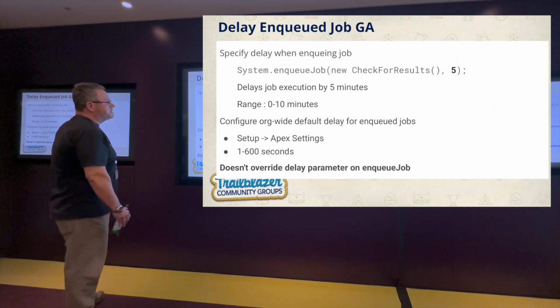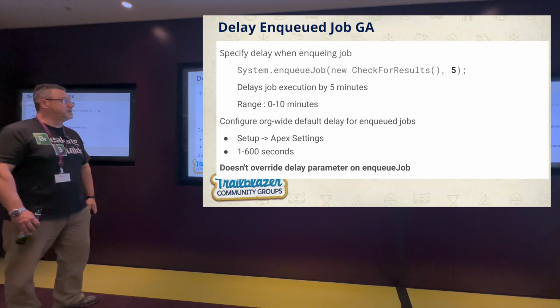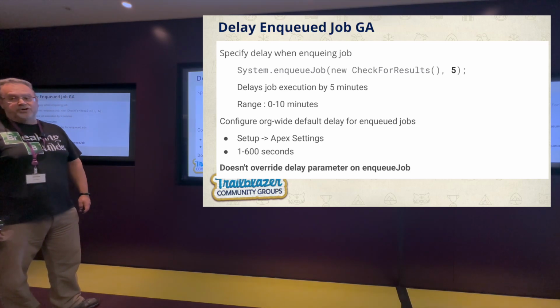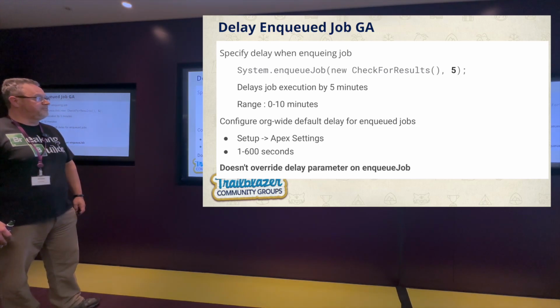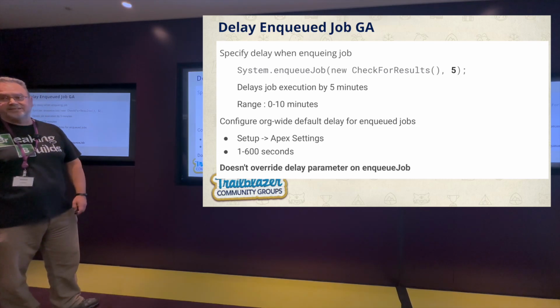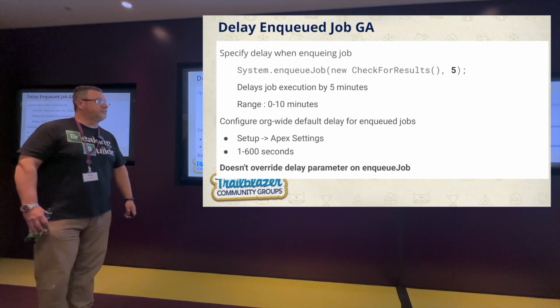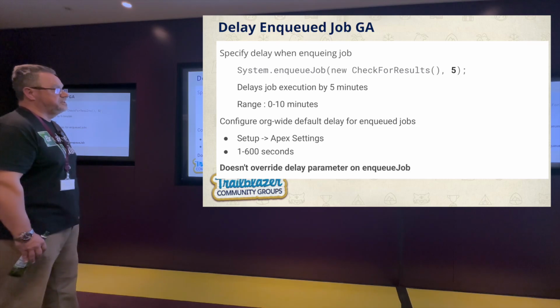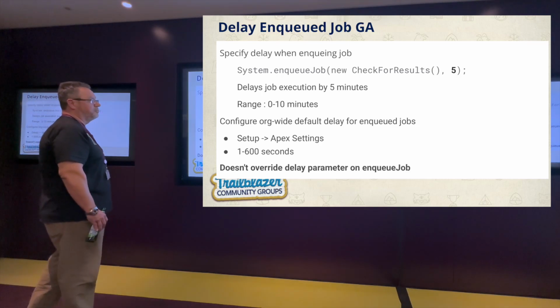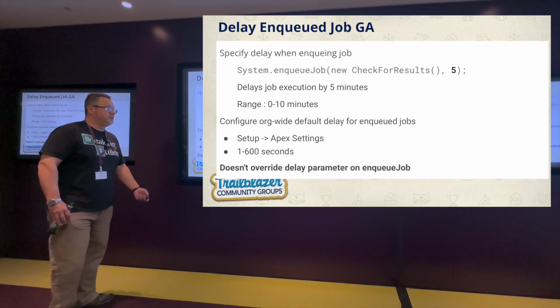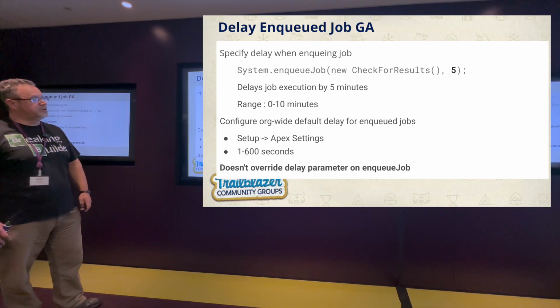Delaying in-queued jobs. These are generally available. So if you're enqueuing a job, and this would be really useful if you've had a job that hasn't completed and you know it's going to need a bit more time, rather than queuing it straight away, you can delay it. So you can say, fire this off in 5 minutes because it will probably be done by then. And in that particular example, the (5) at the end delays the job execution by 5 minutes,